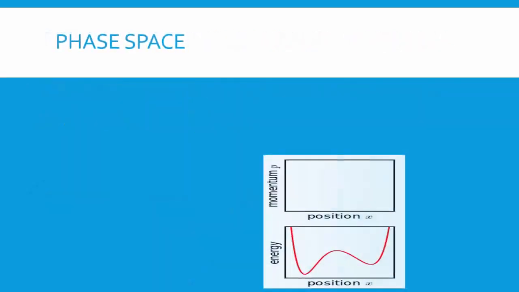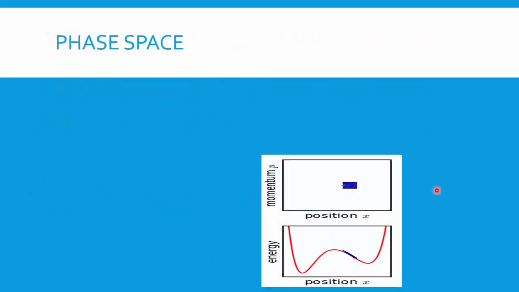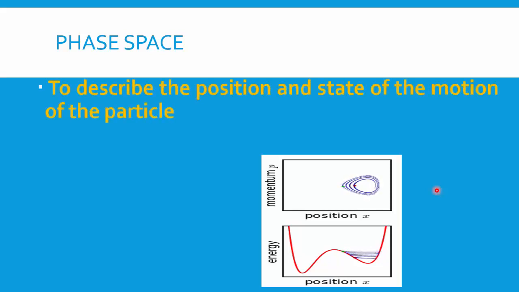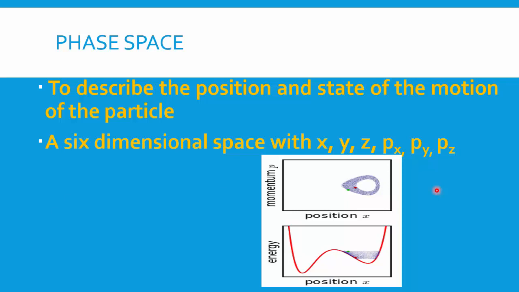We move to the next concept, which is called phase space. This is a very important concept in statistical mechanics. Phase space basically gives you a graph or a plot between momentum and position. So basically it describes the position and state of the motion of the particle. Suppose a particle moves,